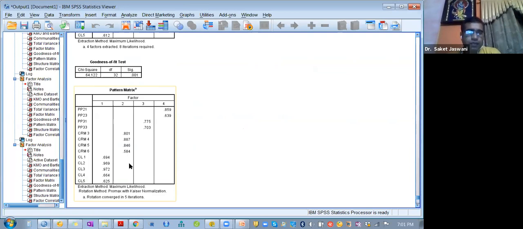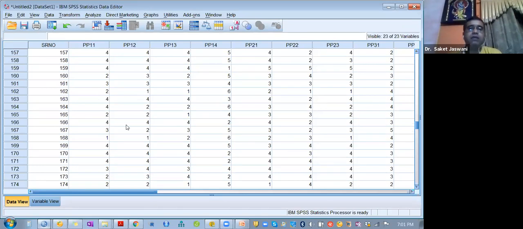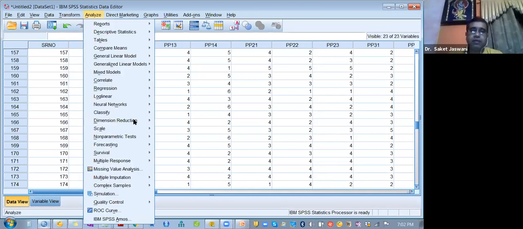अब देखिए आपका एक ही आइटम है 0.584 CRM6, बाकी सब अच्छे हैं। CRM6 भी हटा के देखते हैं और वेरिएंस आपका बढ़ जाएगा, क्योंकि ये जो आइटम्स हैं ये खराब हैं। अभी या तो रिस्पोंडेंट्स उसको समझ नहीं पाए हैं, या तो क्वेश्चनर में प्रॉब्लम है, वो आइटम वाकई में खराब है, वो एक्सप्लेन नहीं कर रहा है आपके ऑब्जेक्टिव को, या फिर रिस्पोंडेंट्स नहीं समझ पाए हैं।